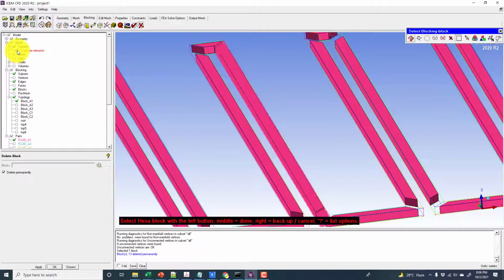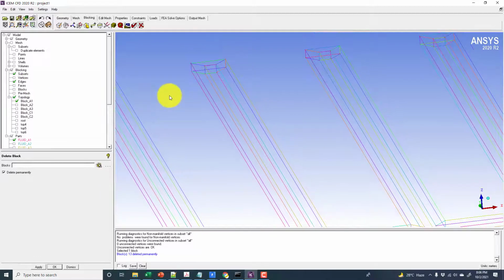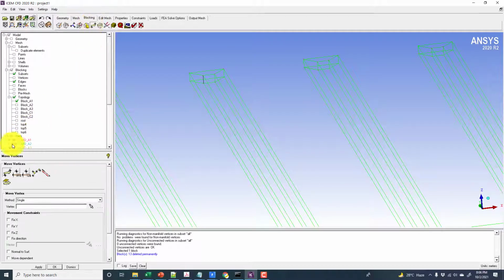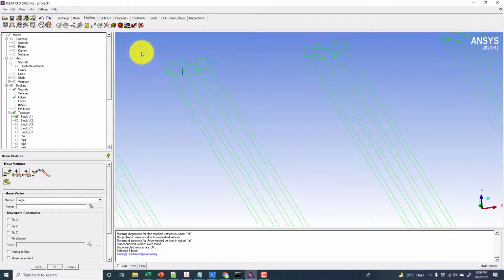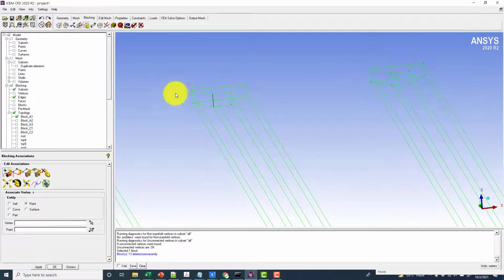Okay, then the next thing is that we have to hide the block, hide the geometry, and just move the blocks around so that if they are not connected, they can be identified easily. I don't see any problem here, but I can see this black color edge, and so we must associate this edge to the curve.